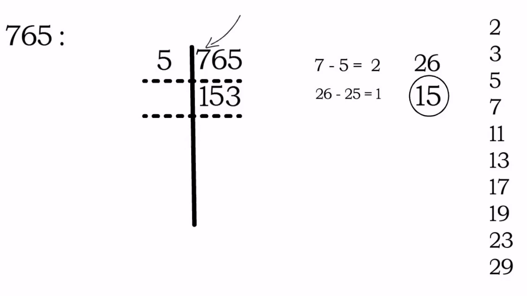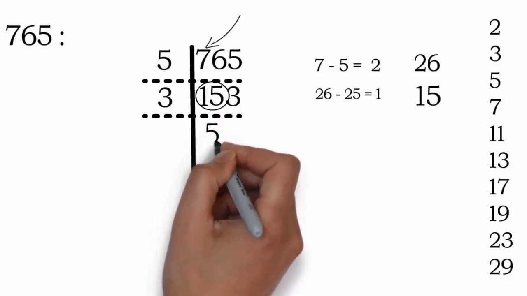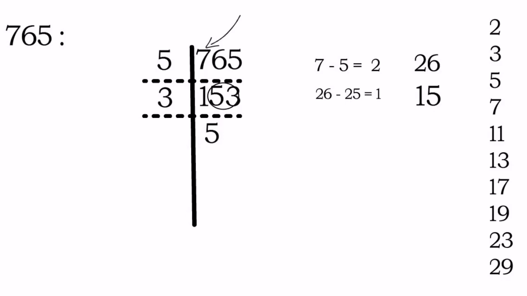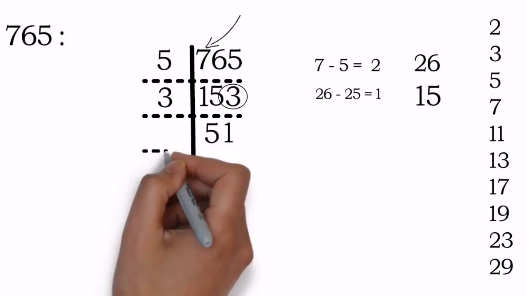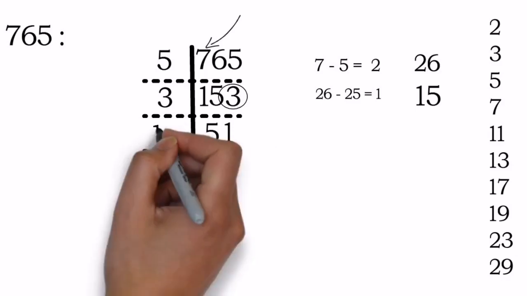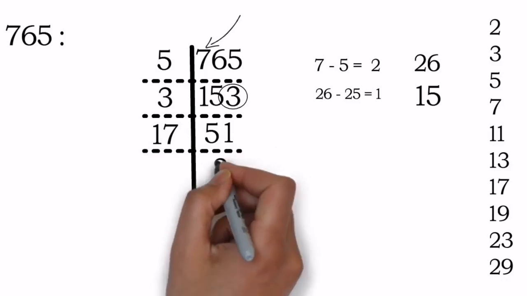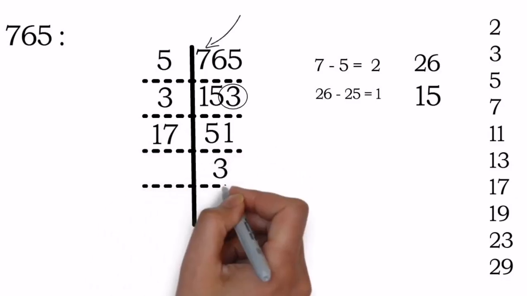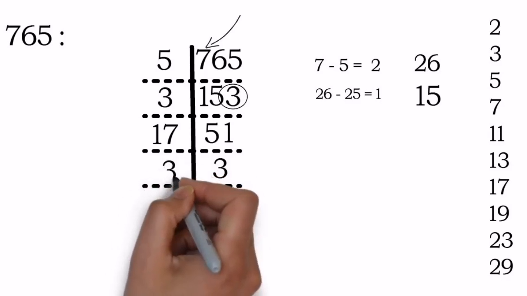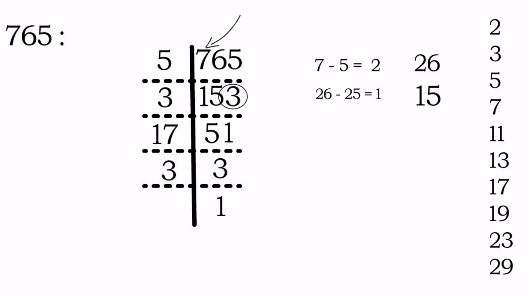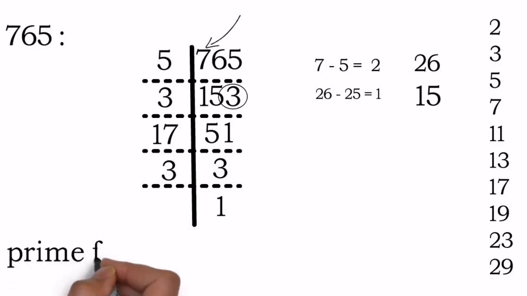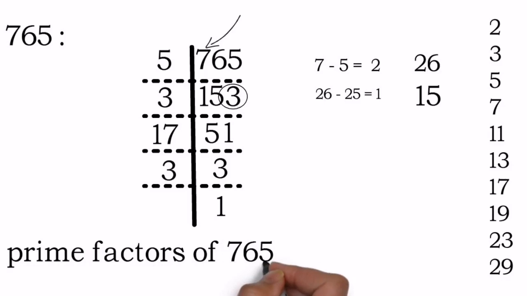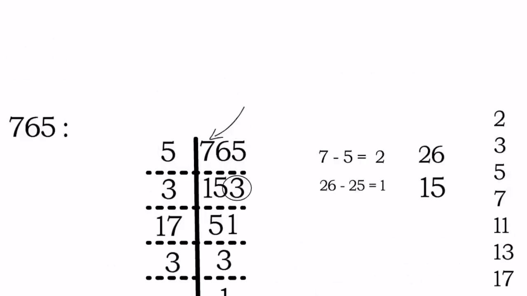Now 153, if you add the digits, the total comes to 9, and so it is divisible by 3. So when you divide 15 by 3, we get the answer 5, and the next number is 3, and when we divide that 3 by 3, we get the answer 1. So that makes the number 51. And keep it in mind, 51 is a number which is there in the table of 17. So we can directly utilize 17 3s are 51. And 3 being a prime number, we will directly divide it by 3, and we get the answer 1 as the remaining digit on the right hand side. So all the numbers on the left hand side are our answer, and that makes our prime factors for 765, that is 5 into 3 into 17 into 3.